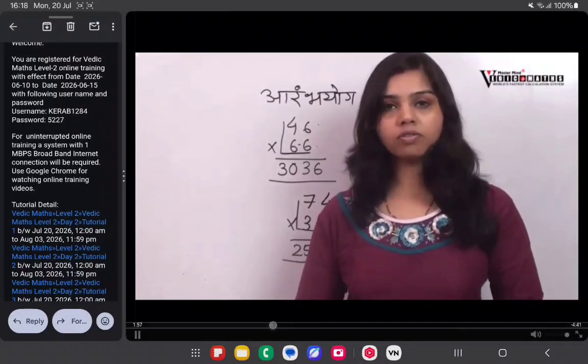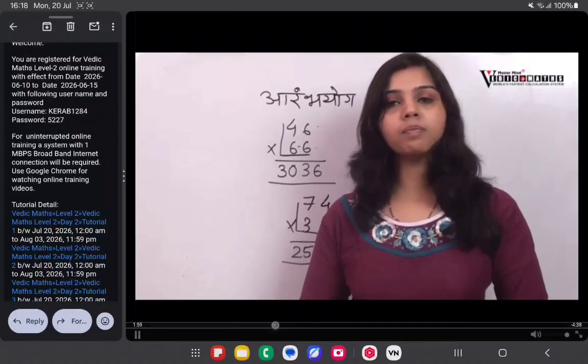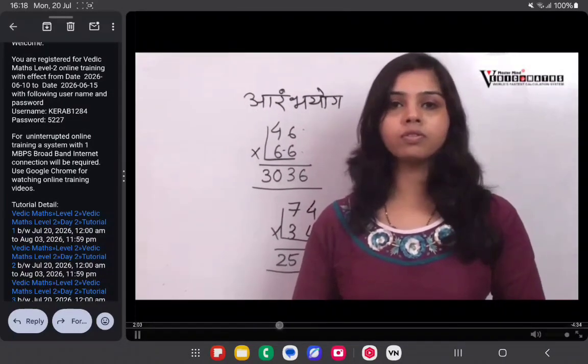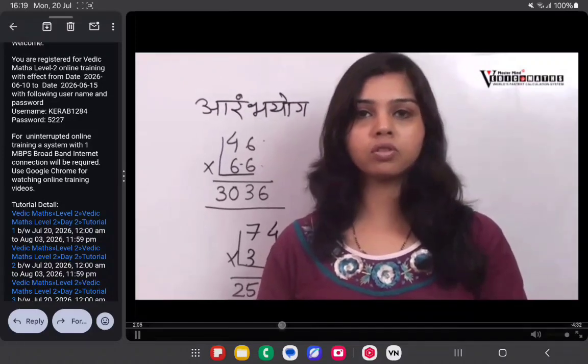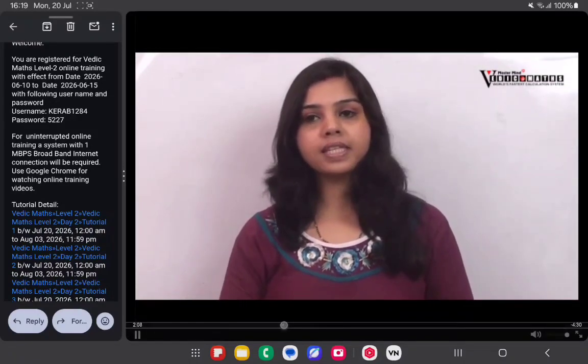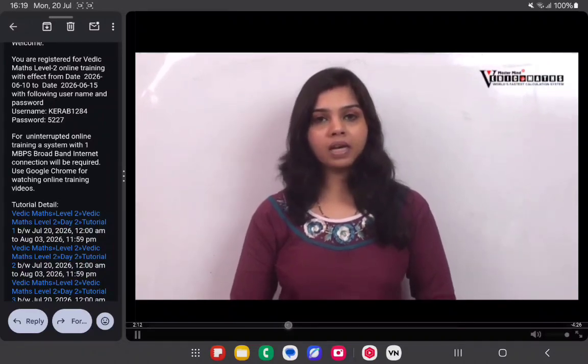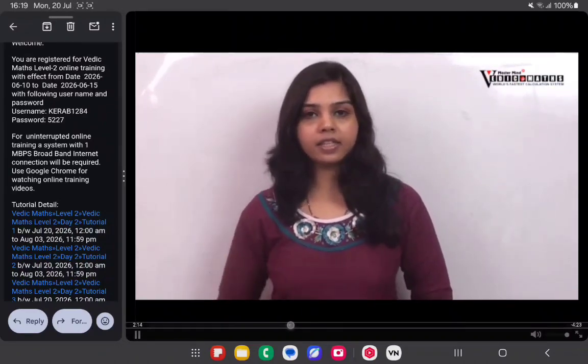Please solve the entire sums of this page. In this page you will get problems depending on Antayog or Arambhyog. So you have to solve these problems by both processes. Please open page number 67. Here we will solve sums based on multiplication by 111. So let's take an example.